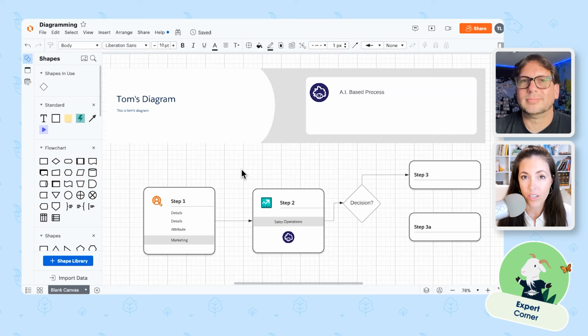Also, the more Salesforce architects and admins are using this diagramming language and format that you all have outlined, that common language, the easier it will become to understand a diagram right away and to create diagrams more quickly, because you know what context you need to add and what type of box you should use. So I think that too is really important for Salesforce admins out there that are thinking about diagramming, or maybe do diagramming on their own with their own processes. The more you can make it easy to read by your peers or by your stakeholders,